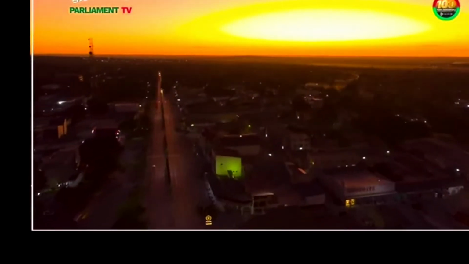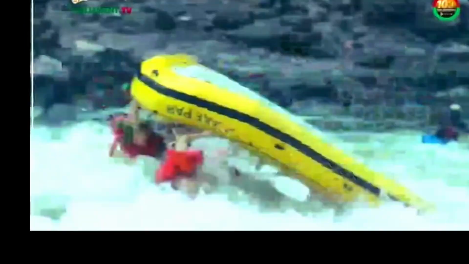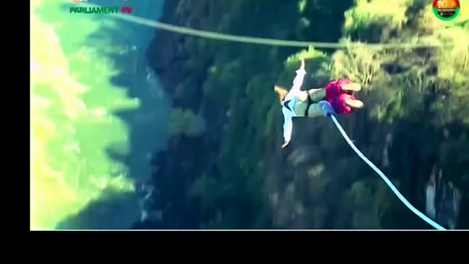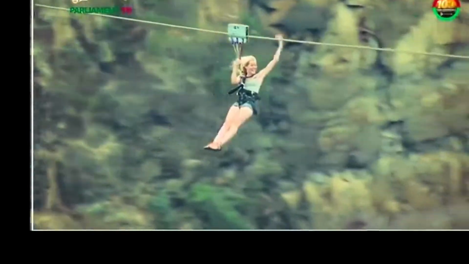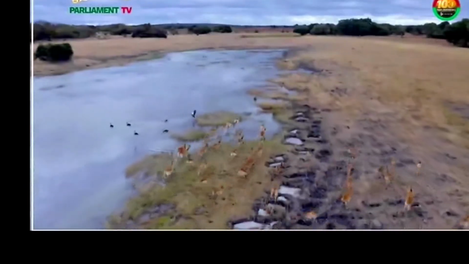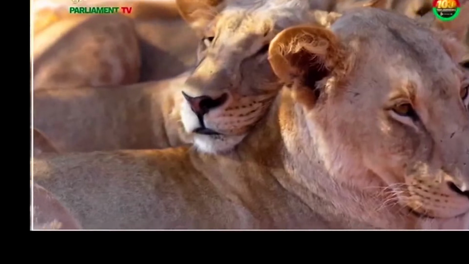Magnificence that is Zambia. A thrill-seeker's paradise, blessed with some of the most breathtaking adrenaline activities on Earth. Choose from whitewater rafting, to gorge swings, to bungee jumps, and set your inner superhero free. If being up close and personal with nature is more to your liking, then we have just the thing for you.